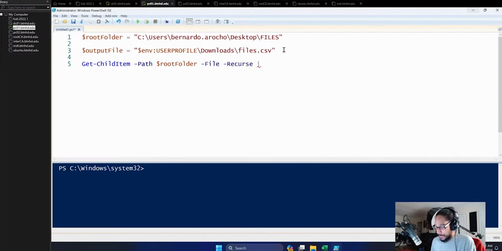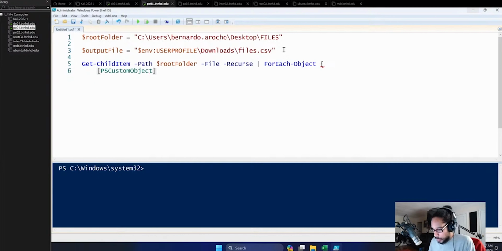Awesome. We're going to pipe this, and within the pipe, we're actually going to do a ForEach-Object loop. So ForEach-Object, hit the tab. We're going to open up wiggly brackets. We're going to hit enter and we're going to tab it. Now from here, we're actually going to create a PowerShell custom object, database, or hash table, or whatever you want to call it. So we're going to use open bracket PSCustomObject, and we're going to close the bracket.